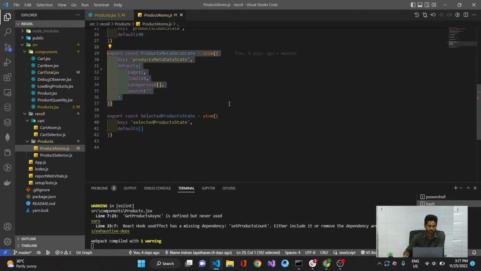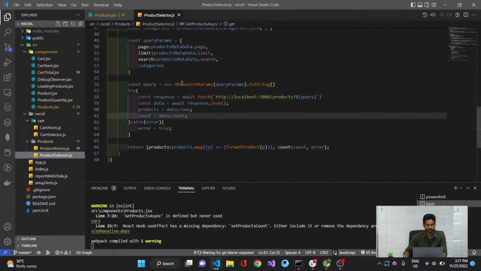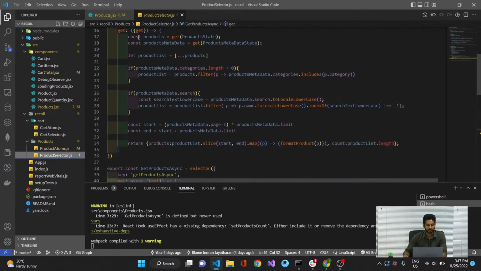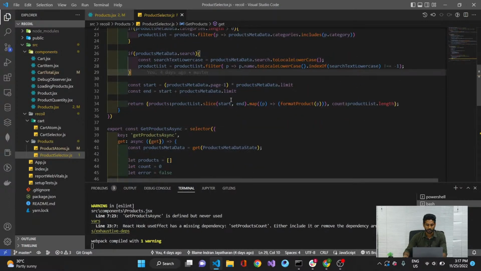It's called metadata, where I store the current page, the categories that we are filtering, and the page size. Based on the metadata, we need to filter the products from the client side. For that, I am using a selector. This selector takes the current products available on our client side and the products metadata. Based on these two pieces of data, it filters out the products and checks the pagination details, and based on that it filters out all the products, and again